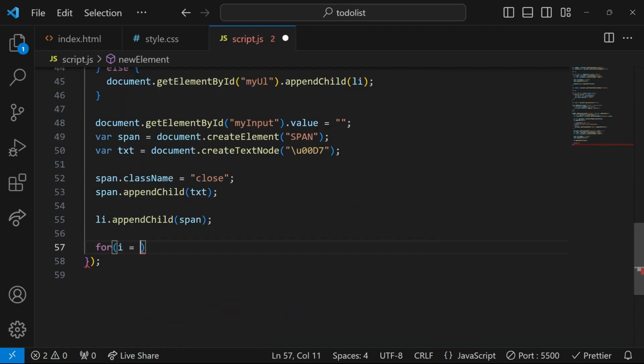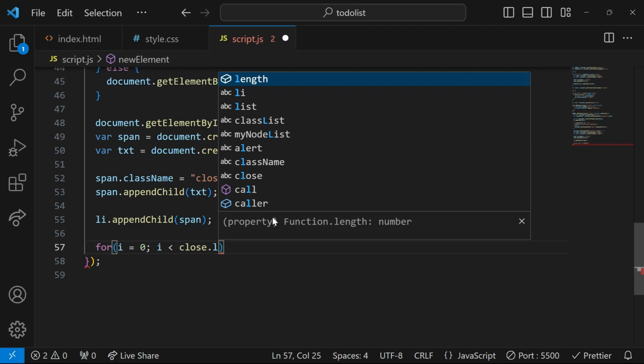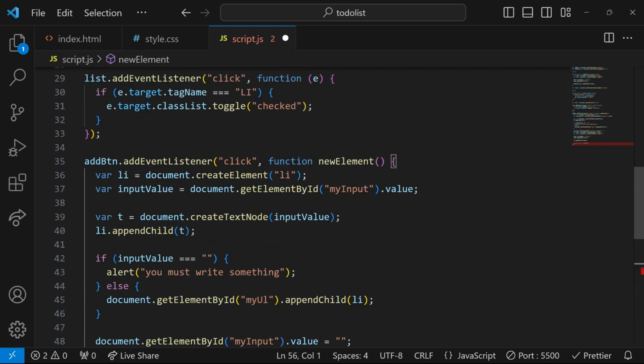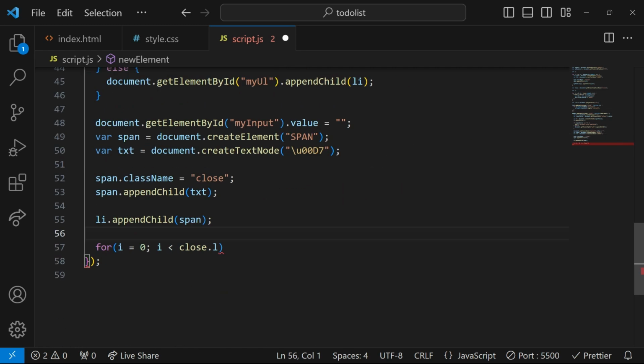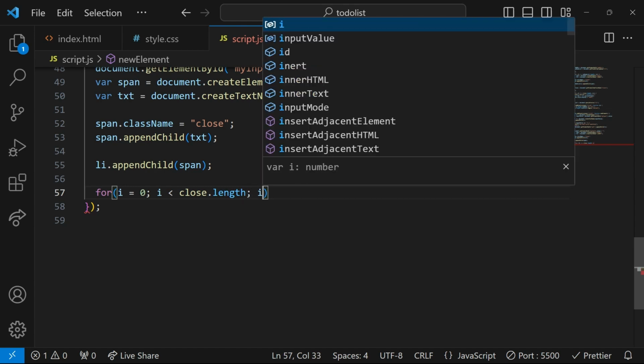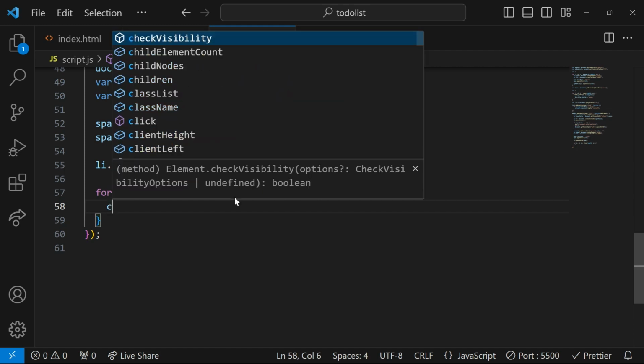I just forgot that I didn't add a for loop. So the for loop is what I'm going to add. This for loop that I'm adding allows us to close that item. So make sure that whenever you're adding a for loop, it has to be added directly inside this function right here. So I will come here and say for loop.length, i++, if close